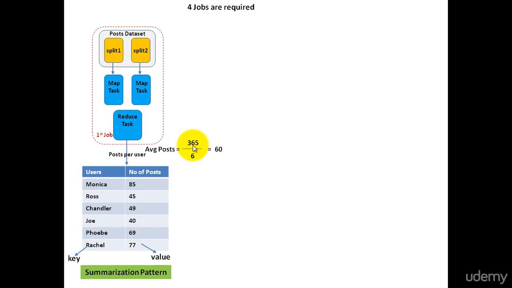We still need to count the total number of posts and the total number of users so that we can compute average posts per user. The total number of posts and total number of users are counted using MapReduce counters. Since the mapper will read each post as a record from the input dataset, we can define a counter in the mapper class. So incrementing this counter will give the total number of posts.